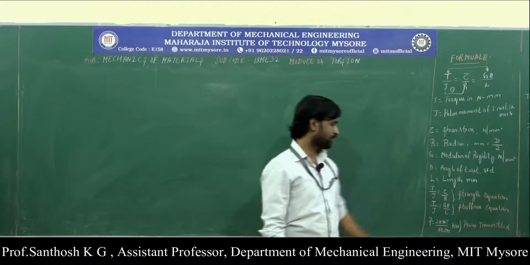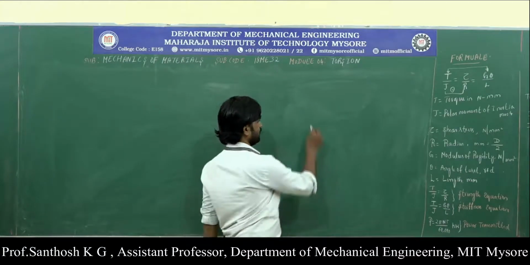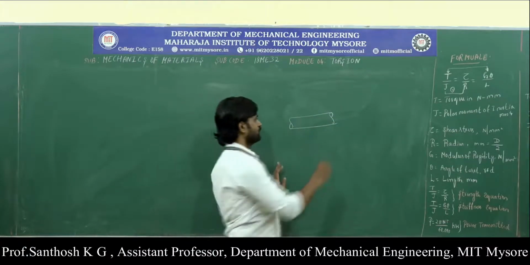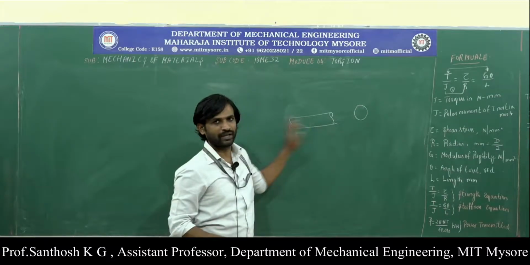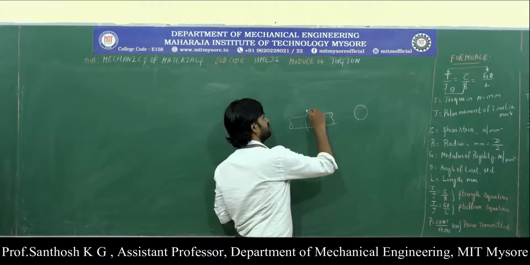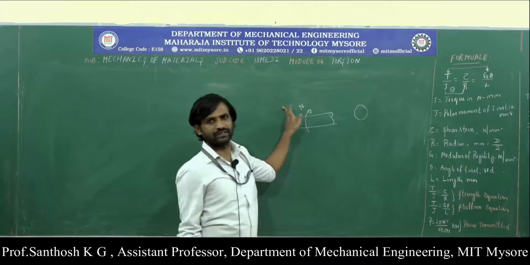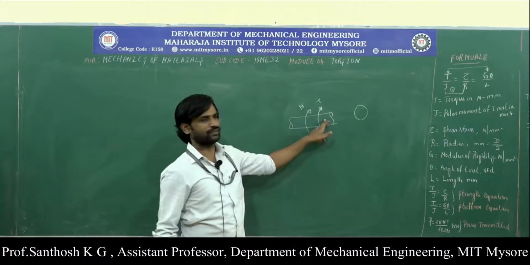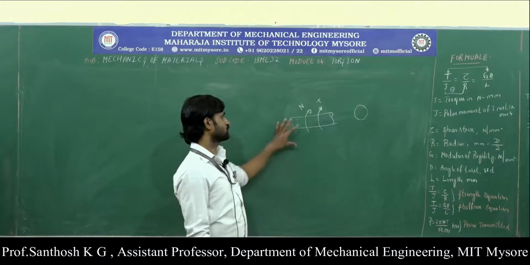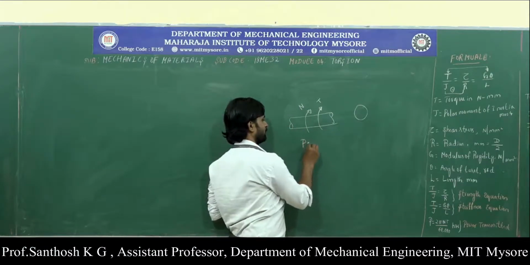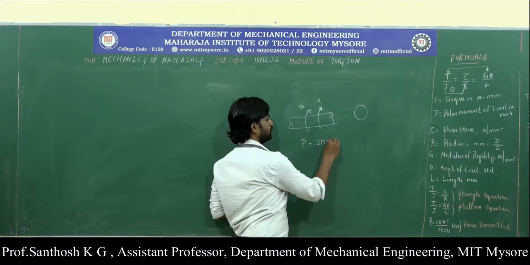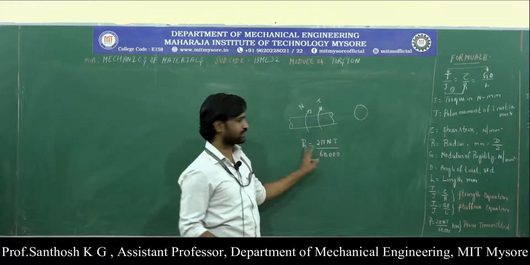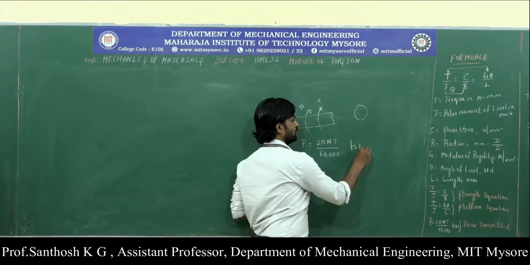And also we will be using one more equation, which is power transmitted. Suppose you have a shaft with a circular cross section rotating at a speed n rpm, and to rotate the shaft, let us say the shaft is subjected to torque T. For this condition we can calculate the power by using the equation 2 pi nT divided by 60,000. If you use this equation, you will get the power in terms of kilowatts.